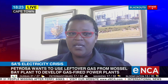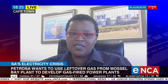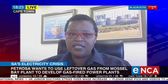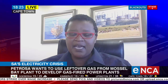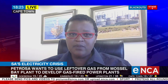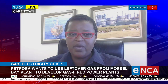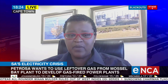It would go through the FA platform. If you look over my shoulder, the one behind me on the left shoulder is the FA platform. It will go through that FA platform, which is 60 kilometers from the GTL refinery, which is on the right. That gas is ready. It's connected with the pipeline, but to be able to produce that gas, it would take us about 18 to 24 months